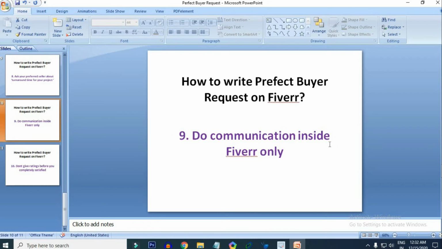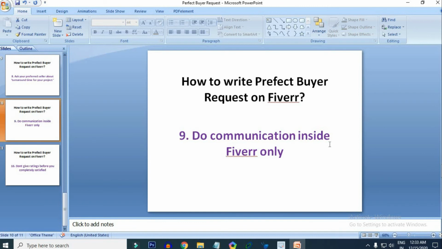Next important thing, you communicate with your seller inside Fiverr only. Do not force them to contact through WhatsApp or email or Skype. That's unnecessary actually. Another thing, this is against Fiverr's terms of service for you and sellers. Sellers also prefer to contact you through the Fiverr message board. So better you communicate inside Fiverr only.